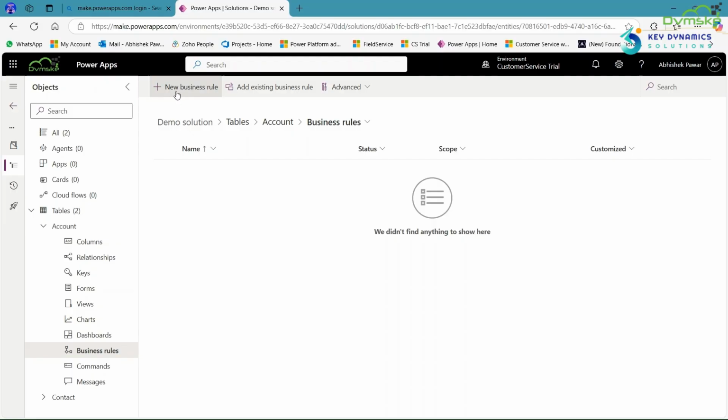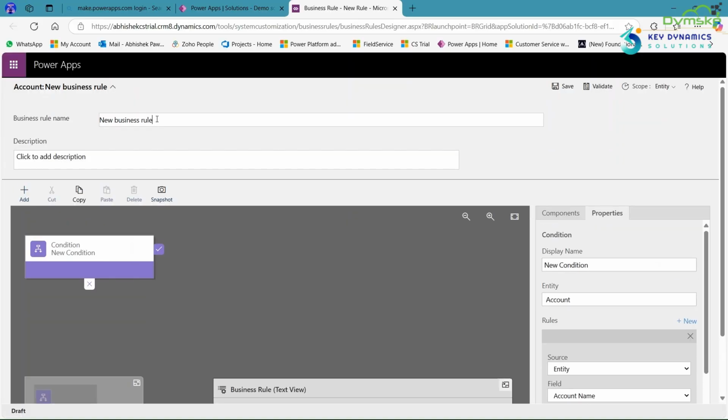Now in the ribbon you will see a new business rule option. Click on it. Now give the name of the business rule. I am giving the name show and hide discount field. Then